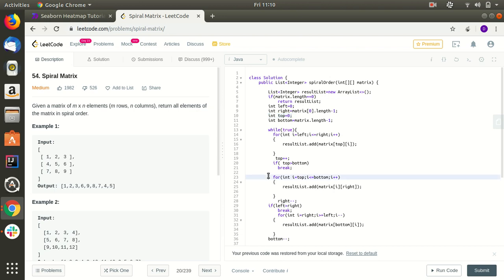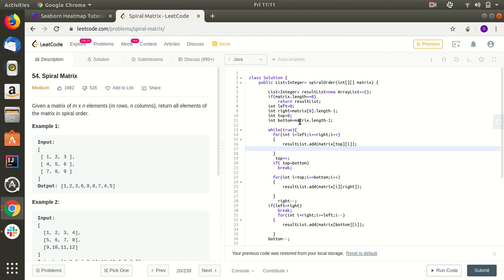Okay, and for i equal to top, now the second row, i less than or equal to bottom, the third row, i plus plus. So we will start from this row up to this row, and we will be processing the last column.